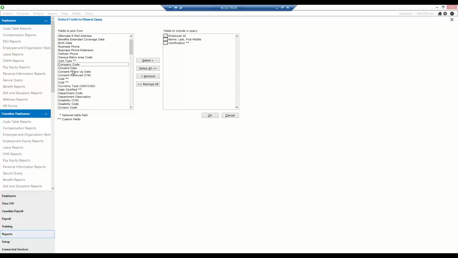cert type. We can drag and drop these around. We're going to throw on renew date. And we can add any other fields we want to this if we wanted to. So let's go ahead and click OK here